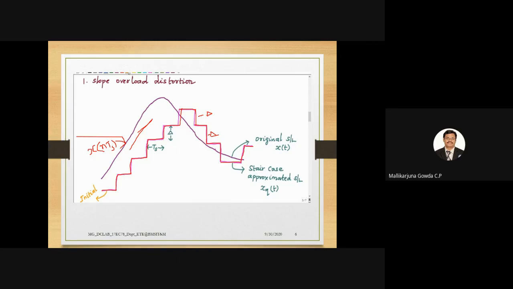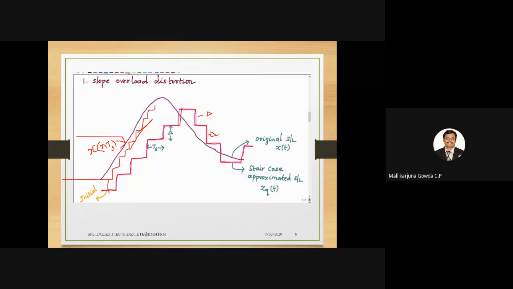So to follow this steep change in the input signal, I said we need to increase the sampling frequency as well as the step size, right? Instead of taking sampling at this point of time, if I start taking sampling at this point of time, and increase the delta size to a certain extent, I will be able to follow it like this. I hope you understand what I am doing. Now the sampling duration has been reduced, right? So it is at least nearly approximated. This one you are getting, right?